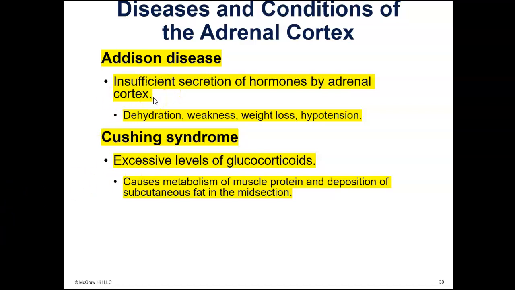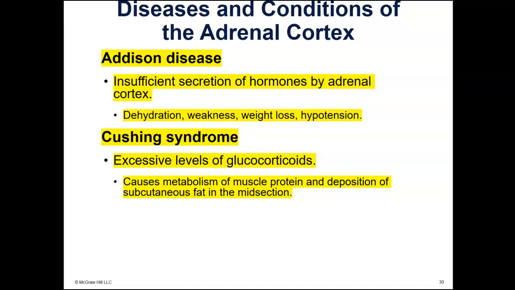Addison disease occurs when there's insufficient secretion of hormones by the adrenal cortex. Now, if you remember, the adrenal cortex secretes cortisol. That's one of the hormones that it secretes, which is the stress hormone. So symptoms are dehydration, weakness, weight loss, and hypotension, which is the opposite of hypertension. Hypertension is high blood pressure, hypotension is low. So that's Addison disease. Then there is Cushing syndrome, which is excessive levels of glucocorticoids, such as cortisol, and it